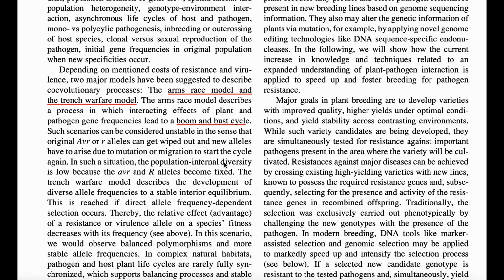So it happens boom and bust, okay, gaining resistance and cultivating it worldwide, because of which the pathogen recognizes the resistance gene, and a new virulent strain develops and spreads rapidly, which leads to bust. Okay, so this cycle repeats again and again. That is the boom and bust cycle. Okay, moving forward,